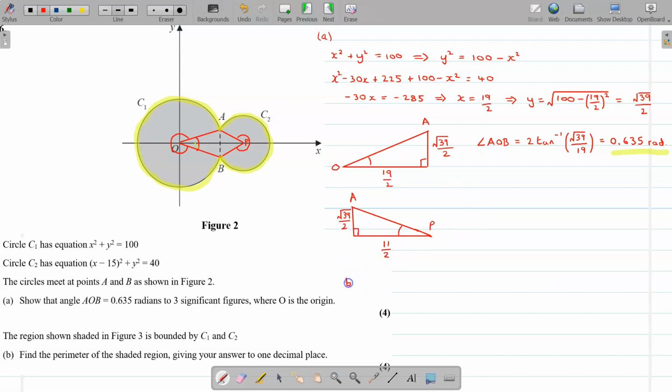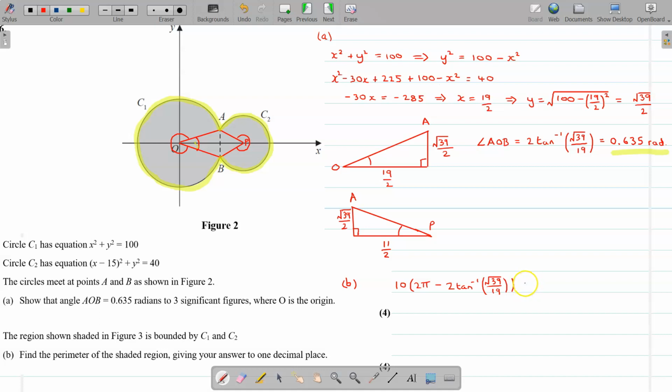I've got the angle around the outside times the radius, okay, and the radius is 10, so 10 times the angle around the outside, which is 2 pi minus this thing I've just worked out, but I'm going to write it exactly as 2 times the inverse tangent of root 39 over 19, because that's the exact value. Okay, and if you can store that on the calculator and use it, it's better. Okay, so it's that